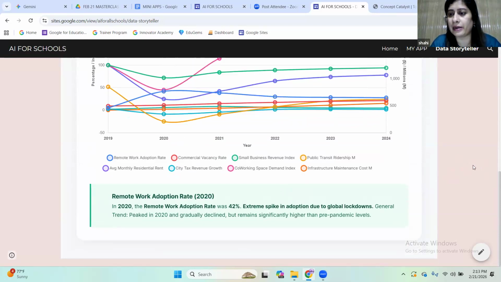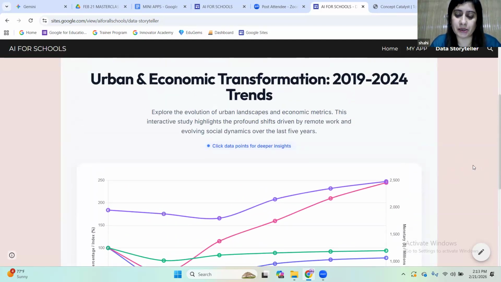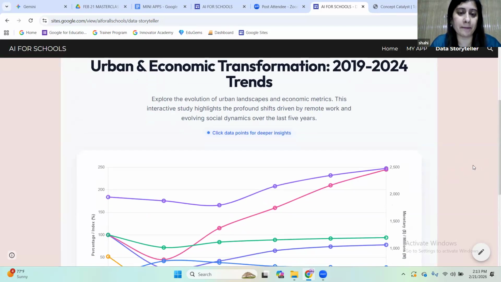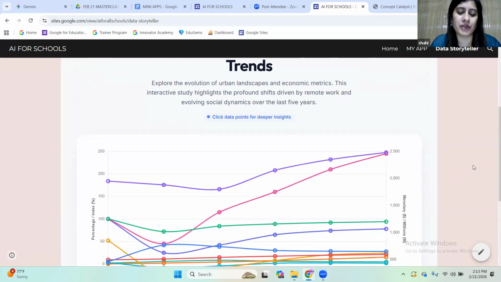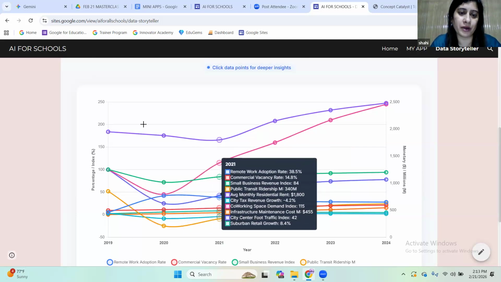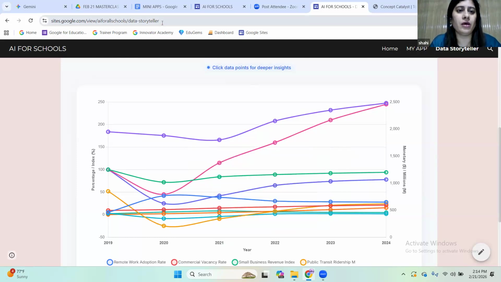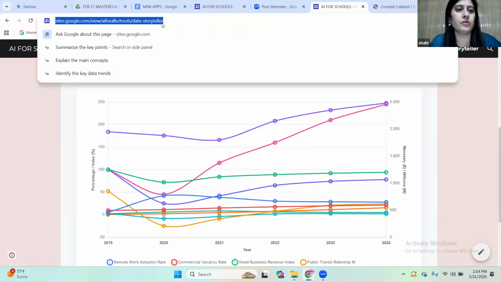Basically, what I had done is I had fed the CSV sheet, that is the Google Sheet, into the app, and then it transformed it into nice data analysis in this format, and we can also view the details. So right now I have embedded the output, this HTML file which I downloaded, on my Google Site. This is how you can share it with others.